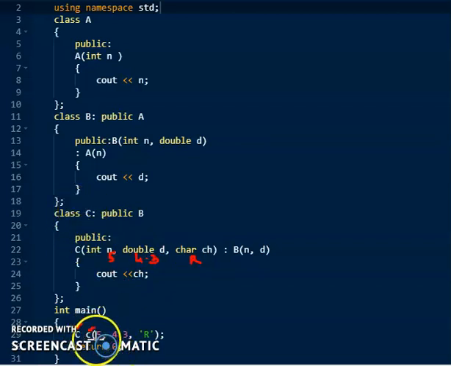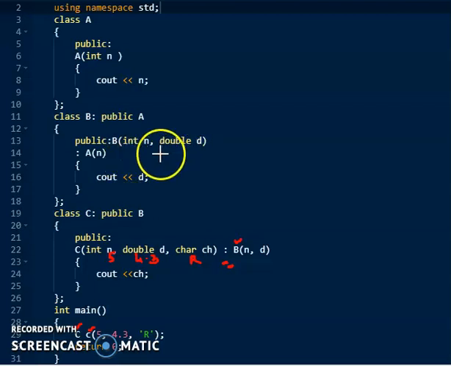So I am creating an object for class C, so this constructor gets executed first, and these three values are passed to it. But here you look at a new syntax. We are telling the compiler that before executing this constructor, invoke the constructor of the base class, that is the parent class of class C. So what is the base class for class C? Class B, right? So I am calling the constructor of the base class. Immediately your compiler stops its execution here. It goes to the base class of class C and executes the constructor of class B.